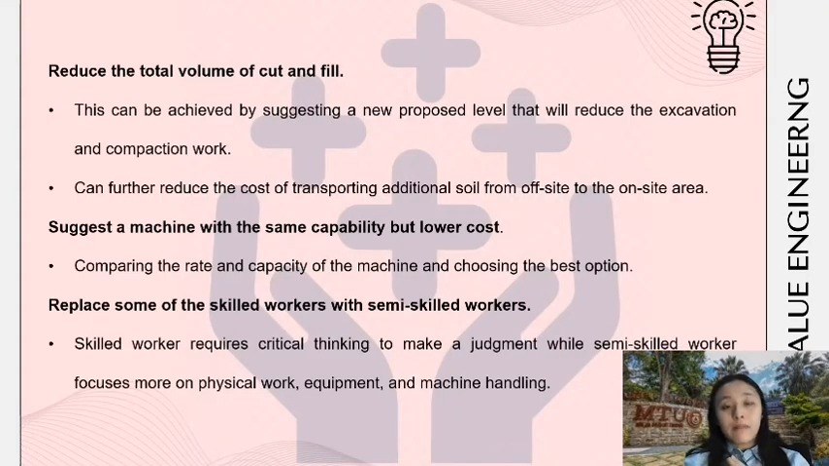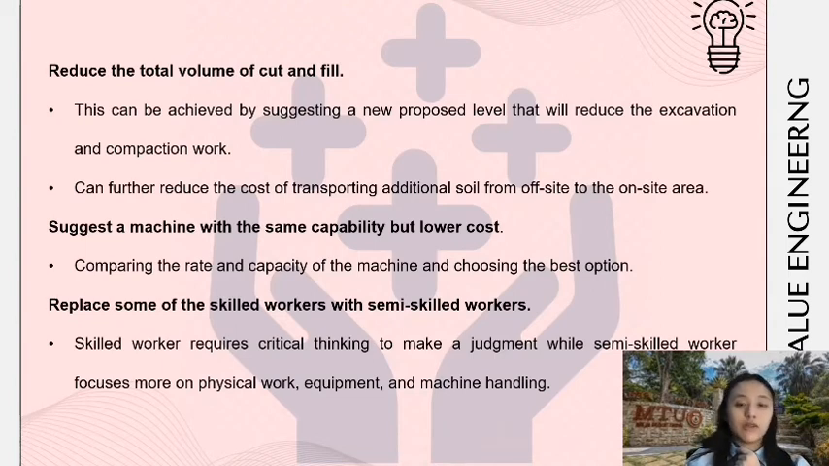Other than the method I mentioned just now, actually we can reduce the total volume of cut and fill. This can be achieved by suggesting a new proposed level that will reduce the excavation and compaction work. And it can further reduce the cost of transporting additional soil from off-site to the on-site area. Secondly, we can suggest a machine with the same capability but at lower cost by comparing the rate and capacity of the machines and choosing the best option. And lastly, we can replace some of the skilled workers with semi-skilled workers. This is because skilled workers require critical thinking to make judgments, while semi-skilled workers focus more on physical work,